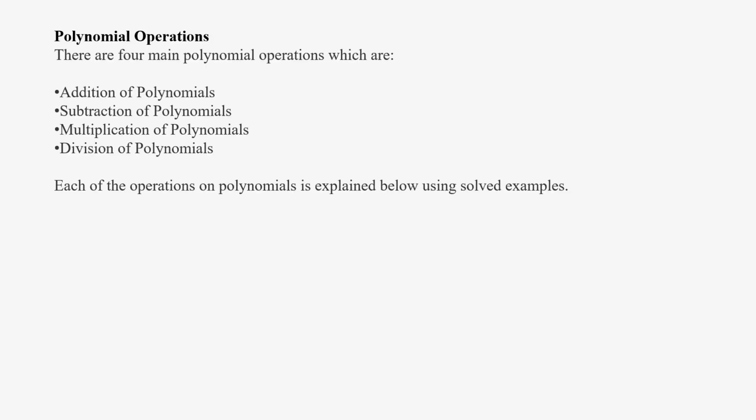So polynomial operations. There are four main polynomial operations. We already discussed the addition of polynomials, subtraction of polynomials, multiplication of polynomials, and division of polynomials. Each operation on polynomials is explained below using a solved example. So we will see that. Here the plus sign, the orange color, is called addition, the green sign is division, the blue sign is known as subtraction, and the purple sign is known as multiplication. Okay, so in this picture,